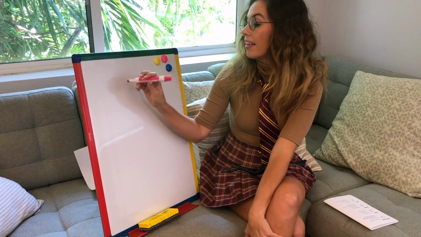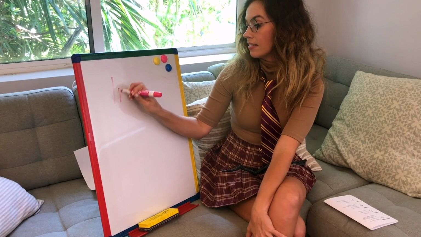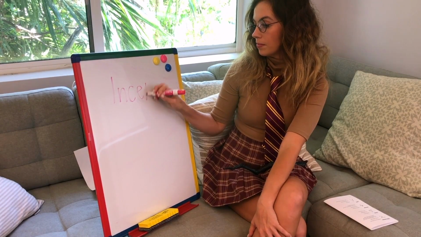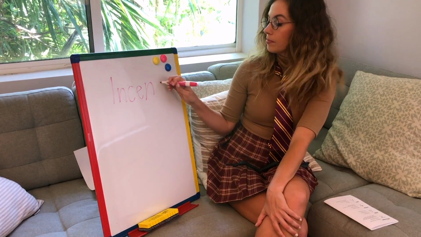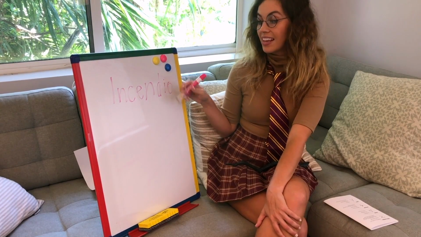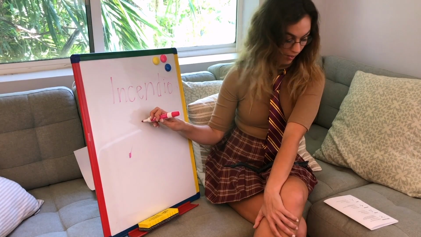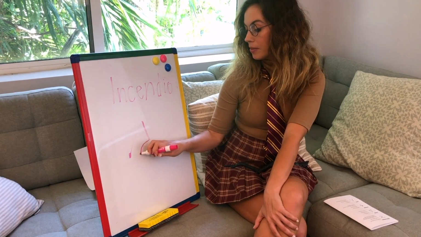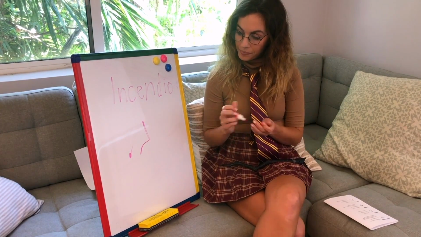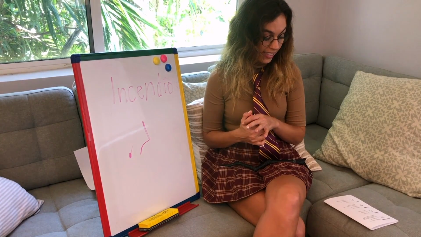Our next spell is Incendio. So here's our starting point. We're going to make kind of a triangle, but then the bottom one you're going to do a little curl. Okay, so Incendio